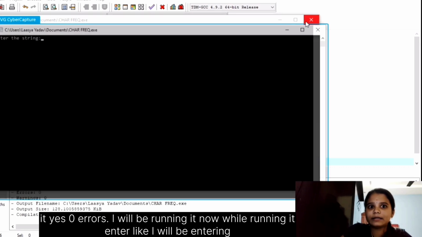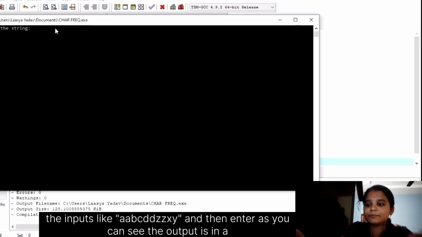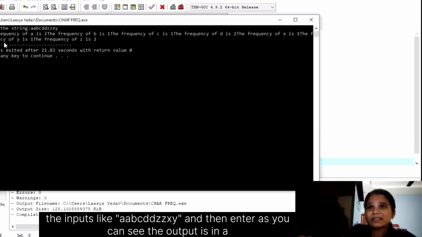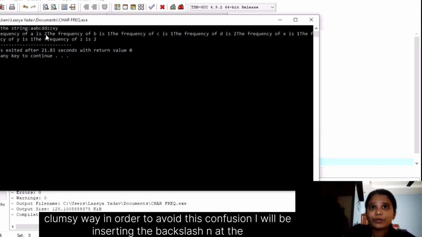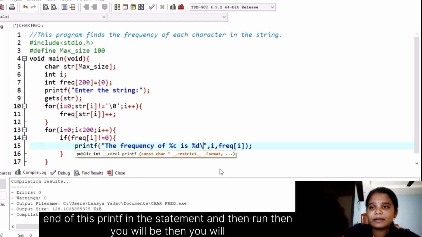While running it, I'll be entering the input like AA, BC, DD, ZZ, XY, and then enter. As you can see, the output is in a clumsy way. In order to avoid this confusion, I'll be inserting the \n at the end of this printf statement, and then run.